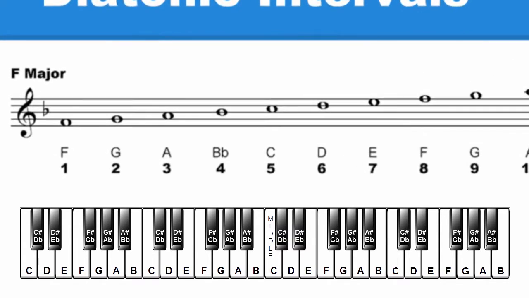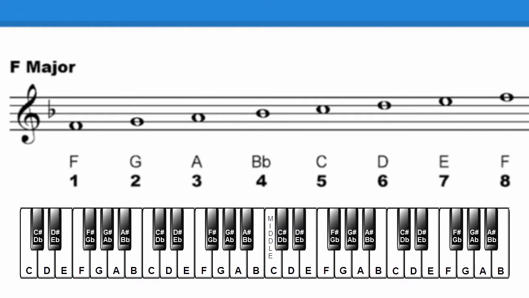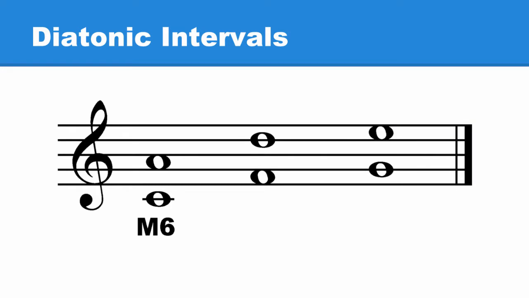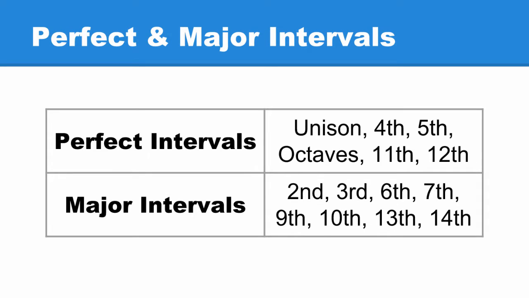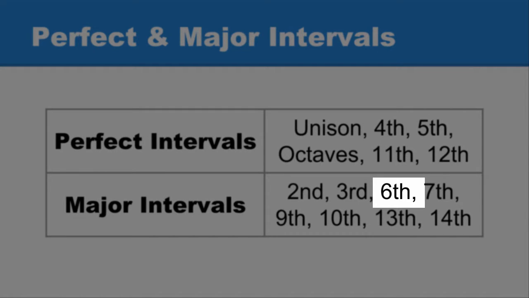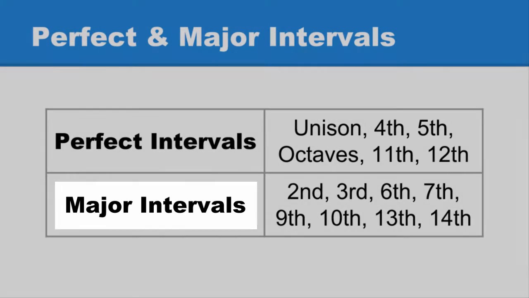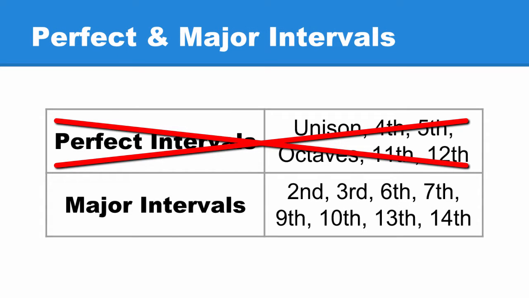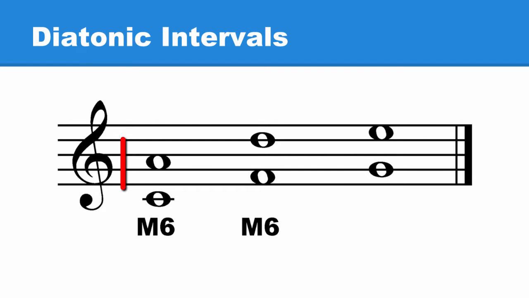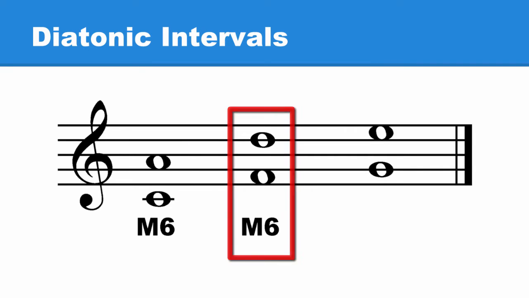Let's count up scale degrees to D, starting on F. 1, 2, 3, 4, 5, 6. D is scale degree 6. We have a sixth again, just like before. In the first example, we determined a diatonic sixth is a major interval because it is not one of the perfect intervals. So now we already know, anytime you have a sixth that is a diatonic interval, it will always